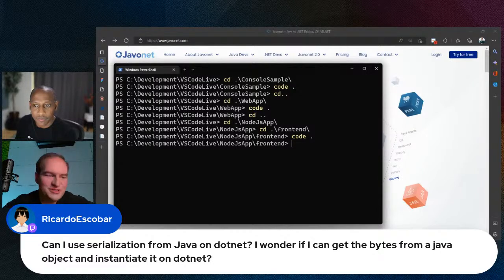So that's a good question and a really tricky thing. Somebody has a good experience with both of the runtimes. We know that the bytes are represented in a different way between the Java virtual machine and .NET CLR. So yes, that's possible. With Javonet, we allow passing arrays, multi-dimension arrays and stacked arrays. Not all of that is supported with the beta version of 2.0, but that's something that can be done.